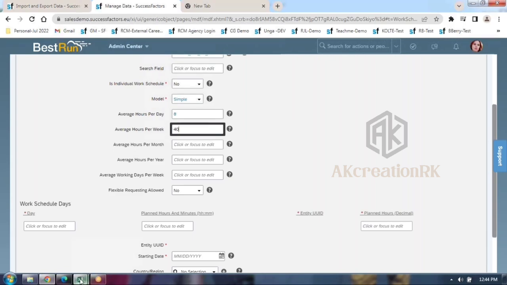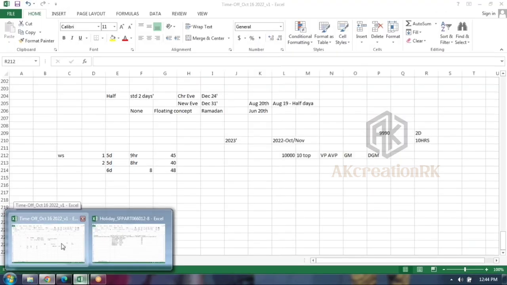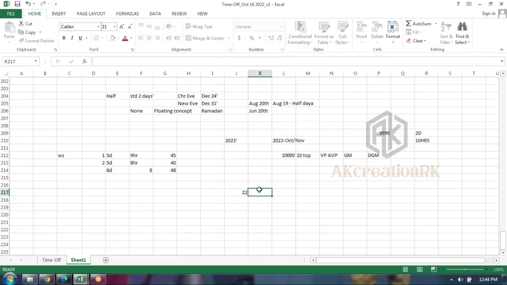Average hours per month. When it comes to average hours per month, normally people call it this way, guys: 22 working days into 8. It is a wrong assumption, guys. So always remember, when you calculate monthly man-hours, you have to go by this formula. We have 52 weeks, guys. Each week how many hours? 40 hours.